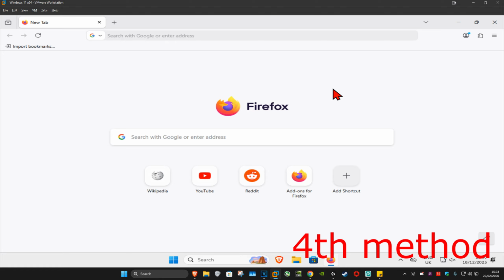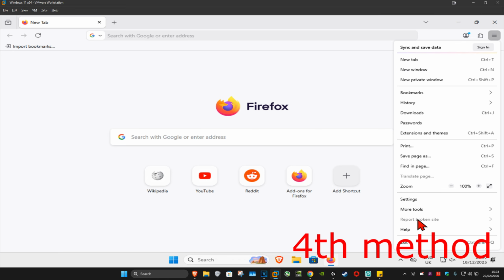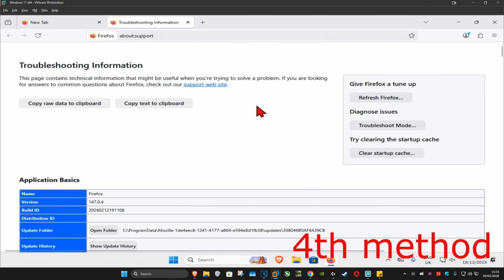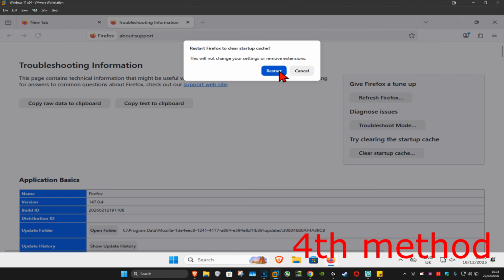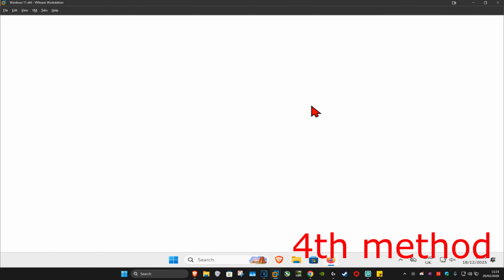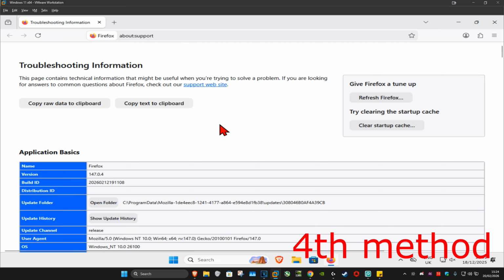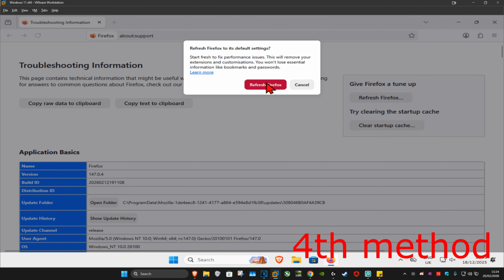For the last method, click on the three lines and then click on Help and then select More Troubleshooting Information. Once this comes up, you have two options. You can try doing Clear Startup Cache and then click on Restart, which is now going to restart Firefox. See if that works. If that's still not working, then go with Refresh Firefox and then click on Refresh Firefox